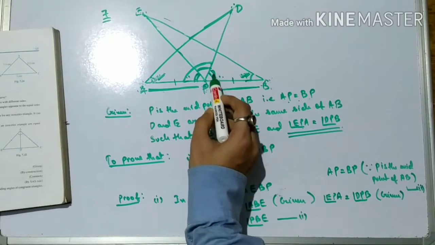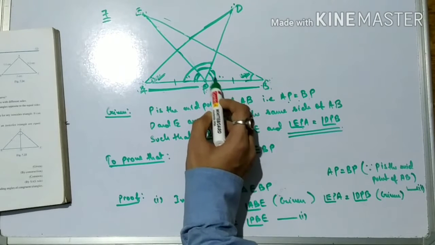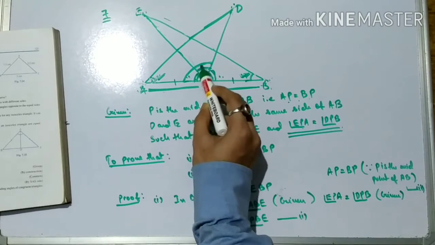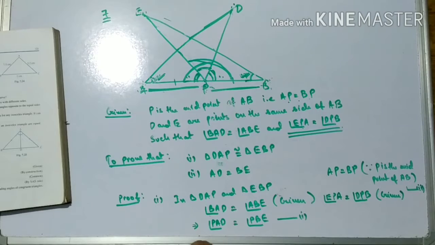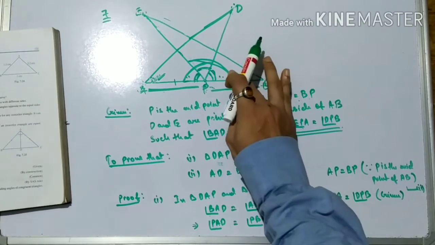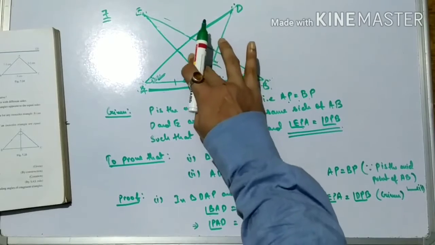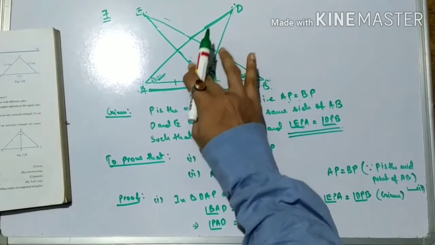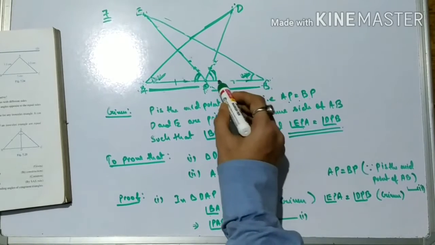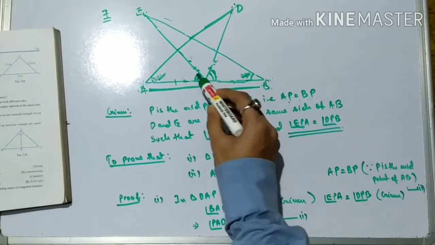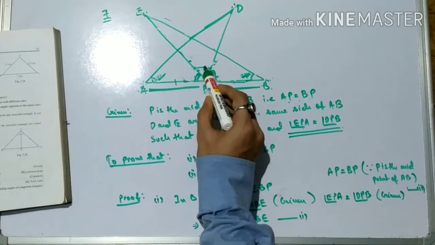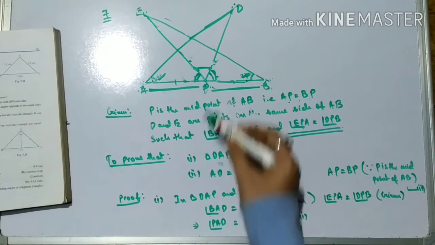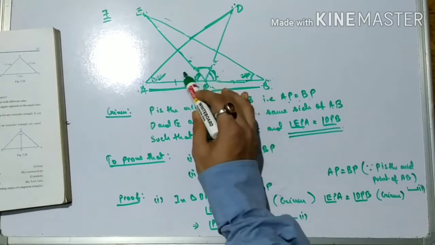And again, with this angle, if I add this much angle, then what will I get? This whole angle I will get. So in here, this angle is equal to this angle, it is given. This one is given. On both the left hand side and right hand side, I will add this much angle, this angle, on both sides.